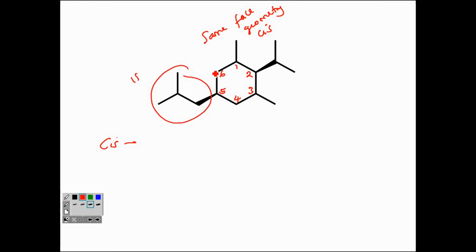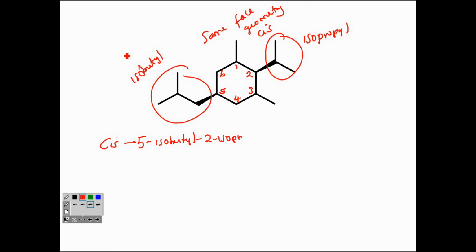So here you have isobutyl, and here you have isopropyl. Okay, since I and I is the same and you have more than two substituents, you have to go with the least number set possible, and once you follow the steps like we've been doing, you find this is the correct one. So the name here is cis 5 isobutyl 2 isopropyl 1,3 dimethyl